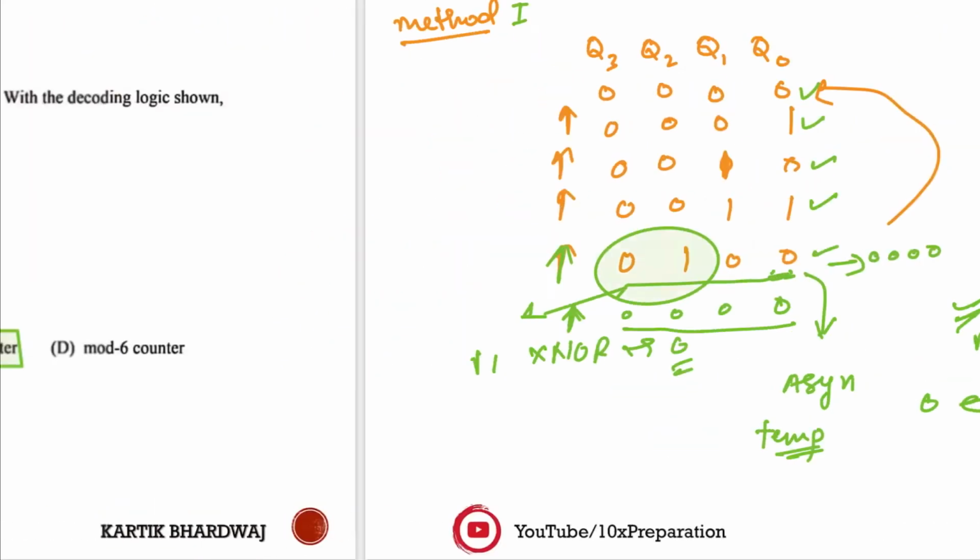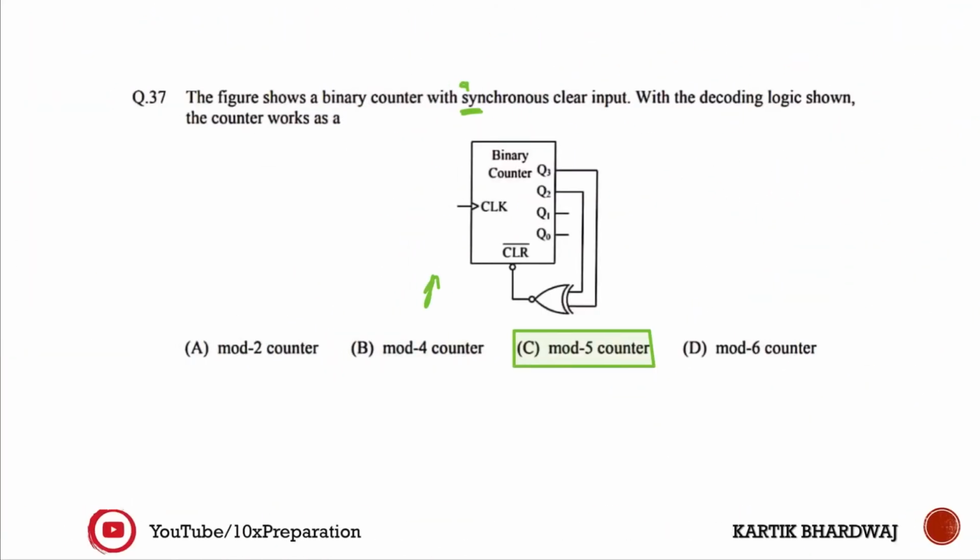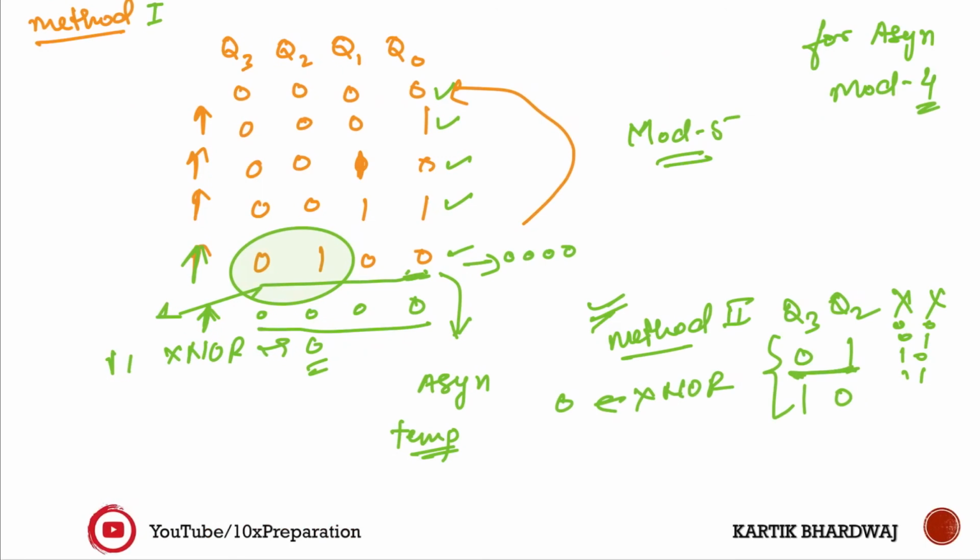भाई लोगों, सिंक्रोनस सर्किट के अंदर आपको इसको नेक्स्ट स्टेट पे जाने के लिए क्लॉक पल्स की ज़रूरत पड़ती है, जबकि आसिंक्रोनस सर्किट के लिए आपको नेक्स्ट स्टेट पे जाने की क्लॉक पल्स की ज़रूरत नहीं पड़ती. जैसे ही ये इस लेवल पे पहुंचेगा, इमीडिएटली उसको 0 0 0 0 पे रीसेट कर देगा, यहाँ पे ले जाके फेंक देगा, है ना. तो ये सिर्फ 4 ही स्टेट काउंट करेगा. This state will not be in the asynchronous circuit, so it will be 1 2 3 4, these 4 states are there for the asynchronous circuit.